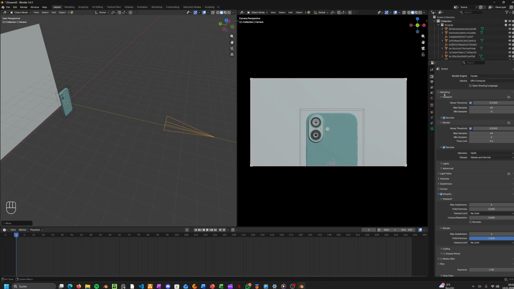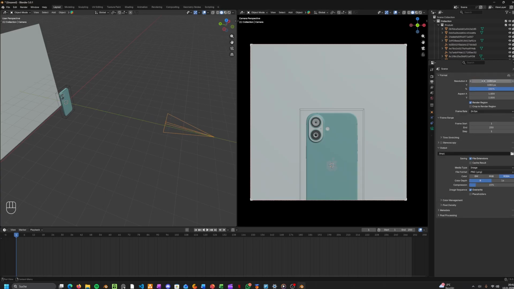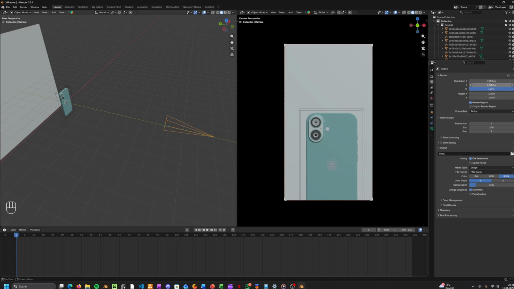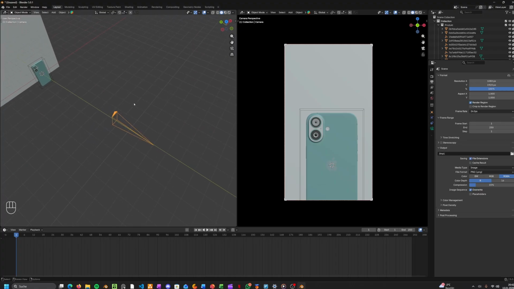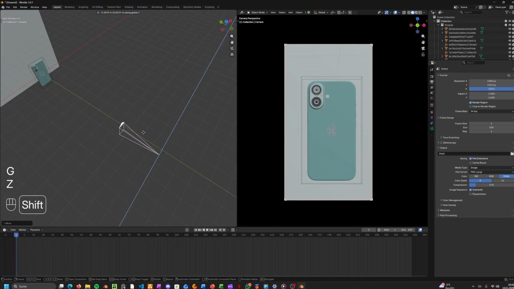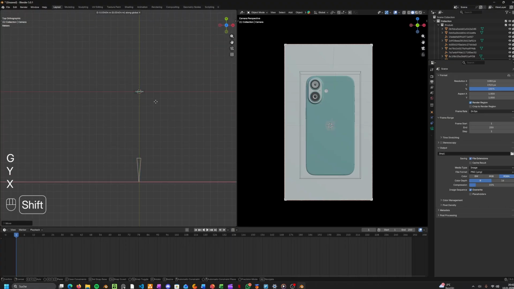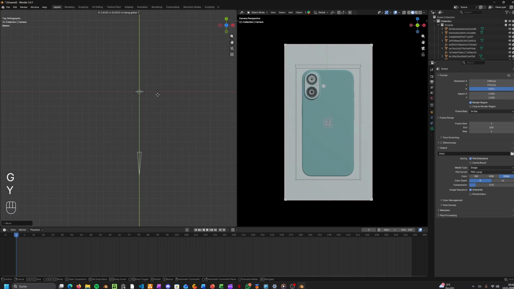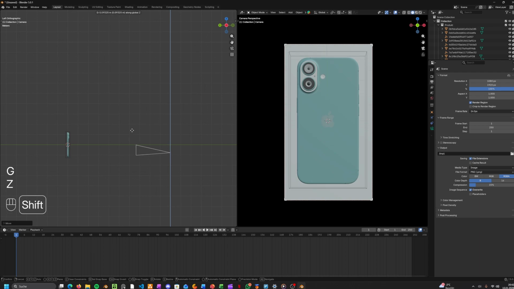And also, you need to change your aspect ratio. I'm going to type in 1080 and 1920, which is the aspect ratio for Instagram Reels, YouTube Shorts, and TikTok. All right, let's move it back. Y-axis back to position it in the center, and then the product should fill the whole scene, the whole frame,